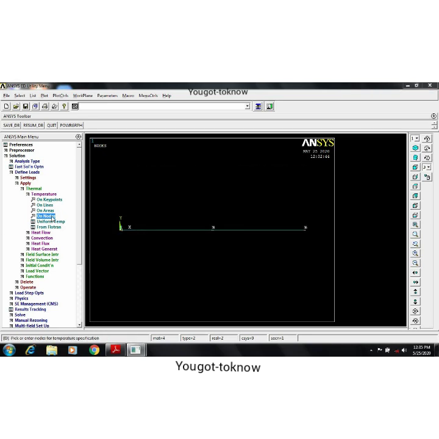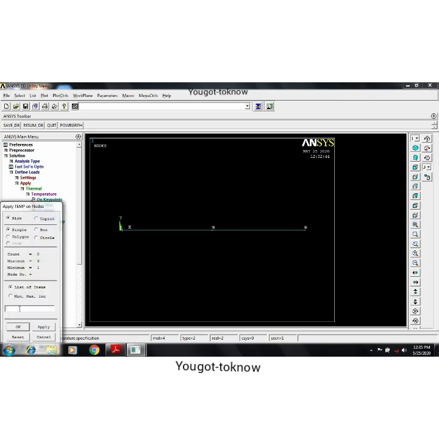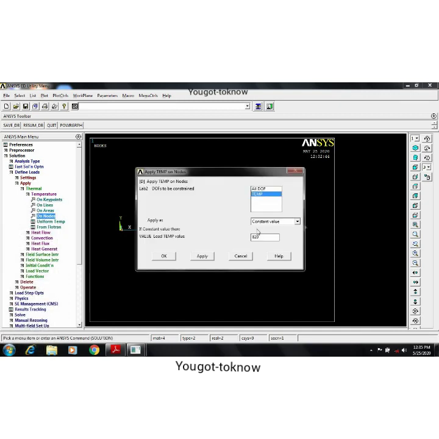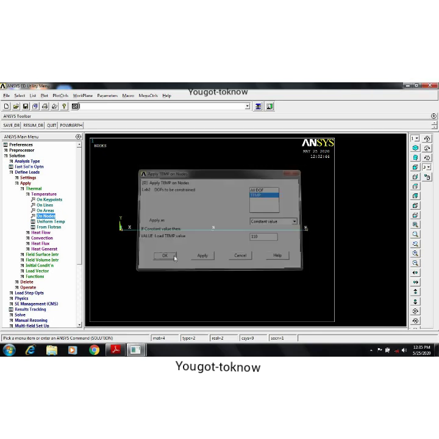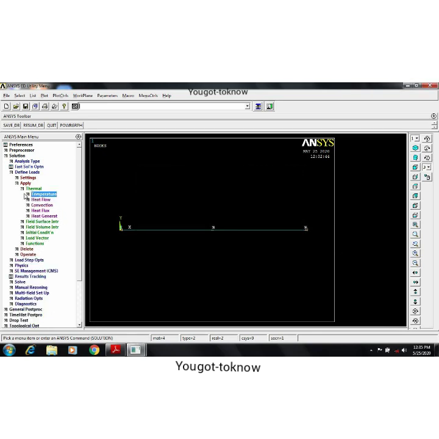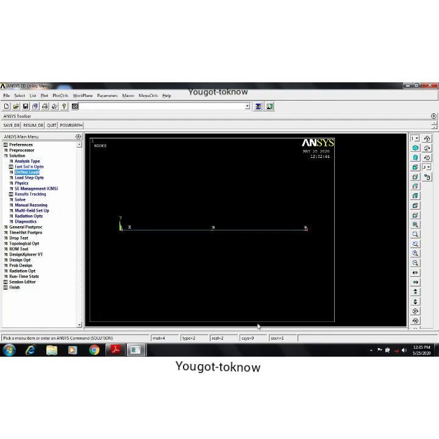Similarly, I have one more temperature on nodes, that is on node 6. Type 6 here in this small box, OK. Now what is the temperature? That is 110 degrees Celsius. 110 degrees Celsius, give OK. Now I have given temperatures 110 and 820. Minimize this, and observe whether anything is missing. See, you have given the temperature, and you have given all the K values, everything.